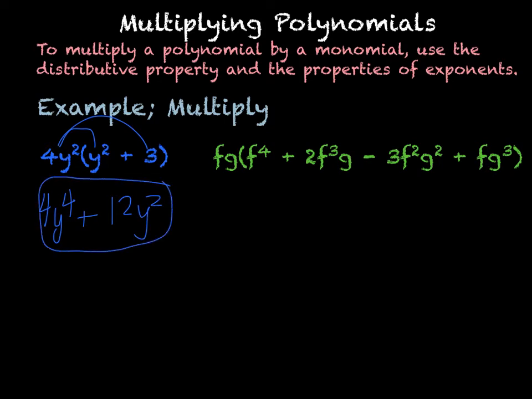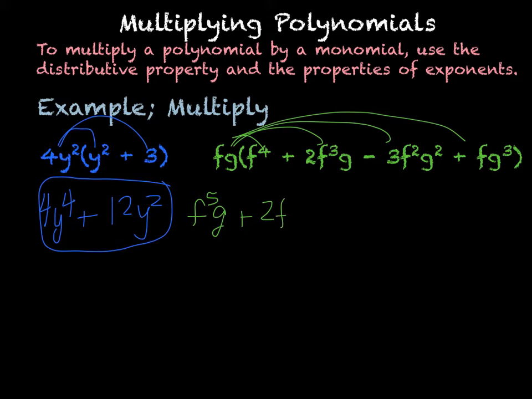In this next one, it's really the same idea. It's just a monomial, so we're just going to distribute in like this. fg times f to the fourth is f to the fifth times g. And then fg times 2f cubed g would be 2f to the fourth